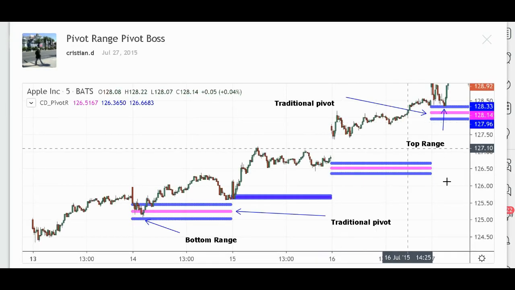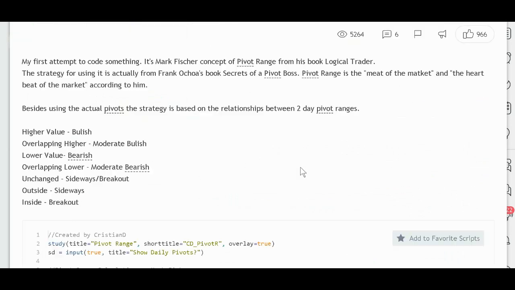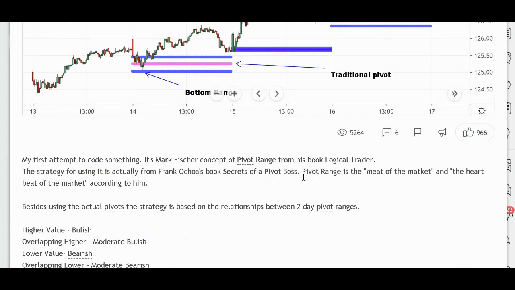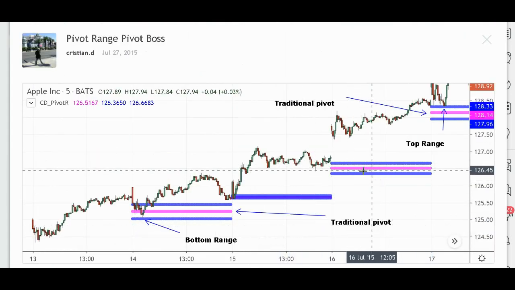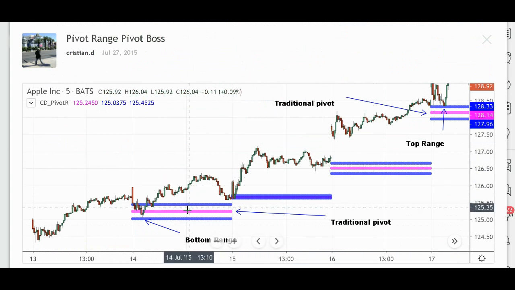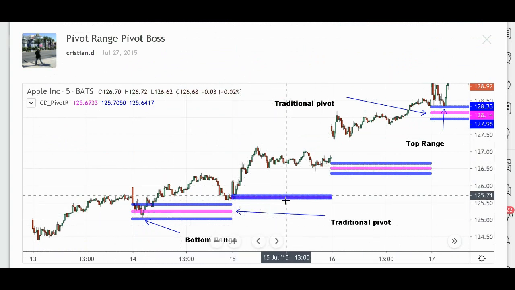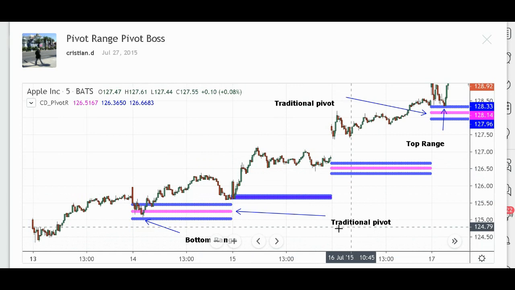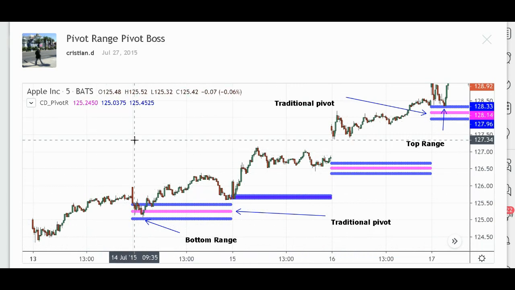Again, I cannot guarantee that any of these work perfectly. So here's another script, and you always want to check the script. And here's the script, and again, the formulas. That's what I'm looking for. So you want to check the formulas in the script, make sure that they're accurate. Kind of similar concept here. Interestingly, sometimes the 3 lines might be very close together, so it might be hard to work with sometimes. So that's something to think about. And this is on a shorter time range than the previous example. This is from Apple. So I hope this was helpful to you.